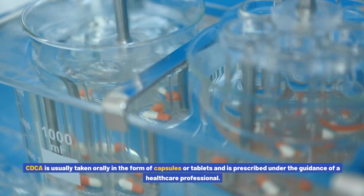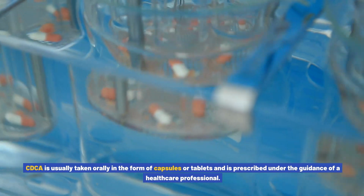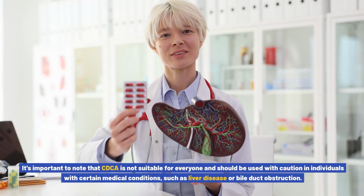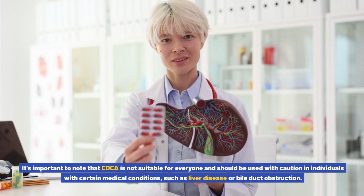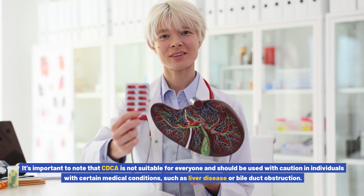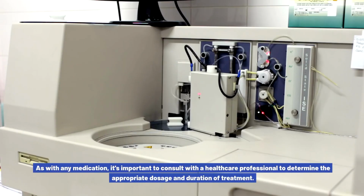CDCA is usually taken orally in the form of capsules or tablets and is prescribed under the guidance of a healthcare professional. It's important to note that CDCA is not suitable for everyone and should be used with caution in individuals with certain medical conditions, such as liver disease or bile duct obstruction. As with any medication, it's important to consult with a healthcare professional to determine the appropriate dosage and duration of